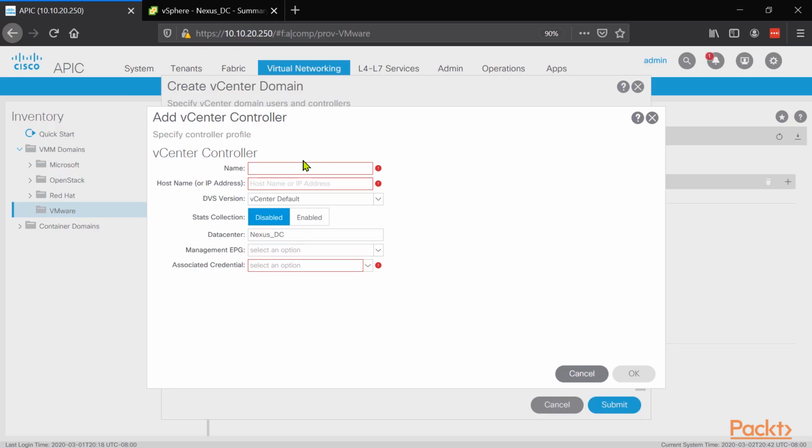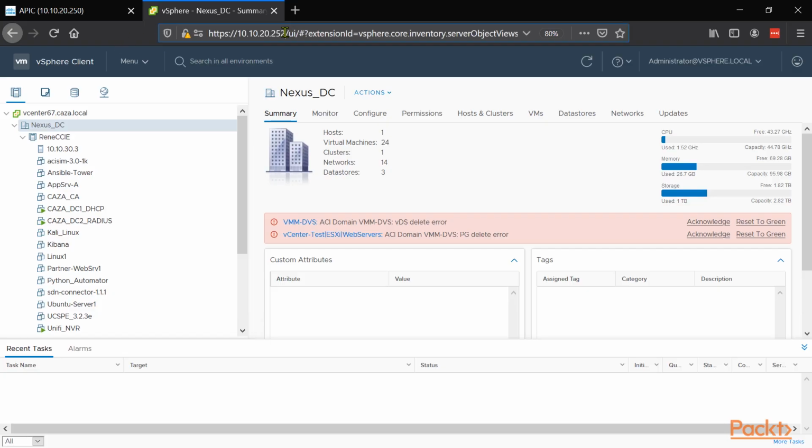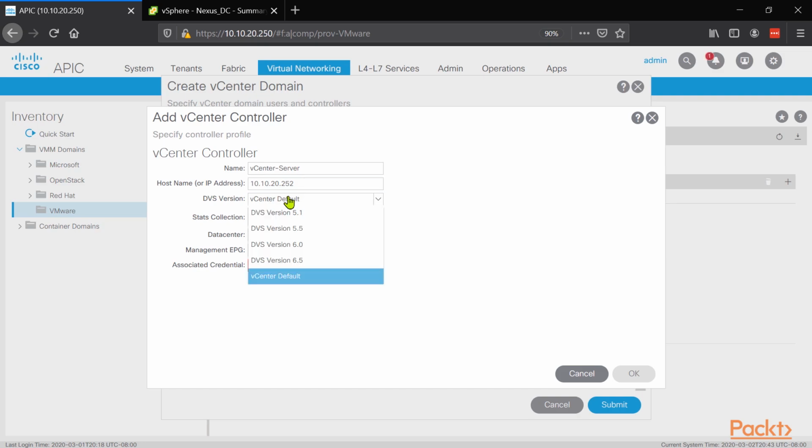Okay. Name, we can say this VMM ACI, or in this case, it's the vCenter server. So vCenter server. Host name or IP, it will be my management IP, which is 252.10.10.20.252. DVS version, this is very important. Whichever is your DVS version on the ESXi host, and we're not talking about vCenter, we're talking about your ESXi